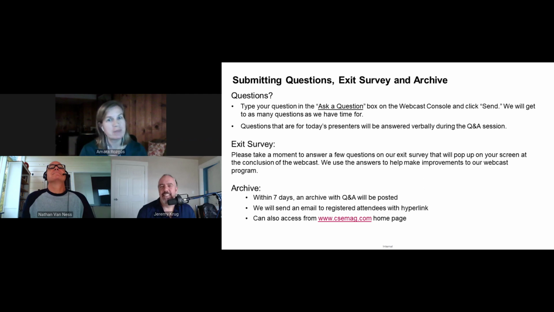Next question. This is a great question. Are there any codes and standards for sound masking design? To my knowledge, there are not. There's no code out there for sound masking systems. There is some